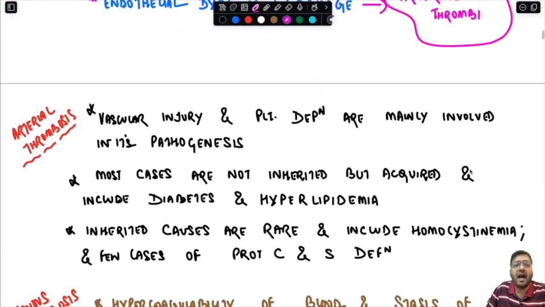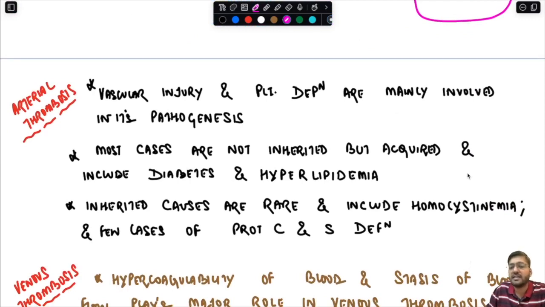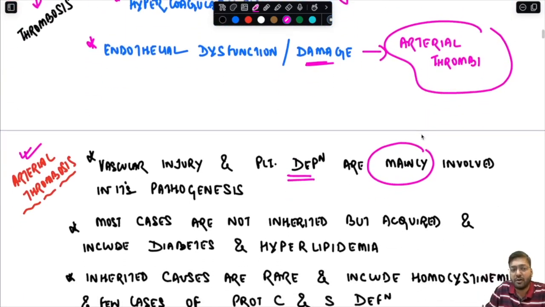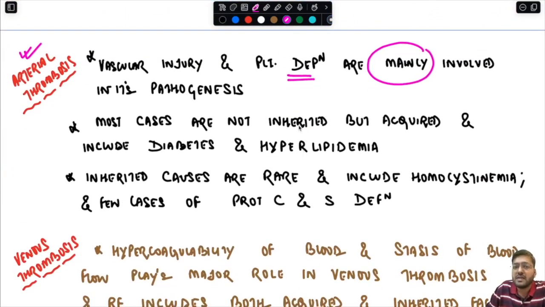Now, under arterial thrombosis and venous thrombosis, let us discuss the factors in detail, starting with arterial thrombosis. Remember, vascular injury and platelet deposition are mainly involved in the pathogenesis of arterial thrombus. Endothelial dysfunction or damage predisposes to arterial thrombi. Most cases of arterial thrombosis are not inherited but acquired, and include diabetes and hyperlipidemia. The inherited causes of arterial thrombosis are quite rare and include homocystinemia and few cases of protein C